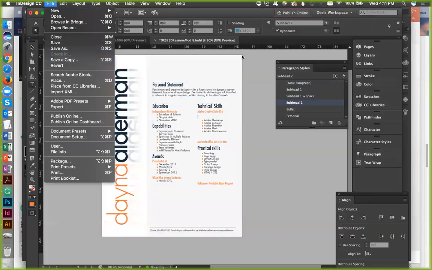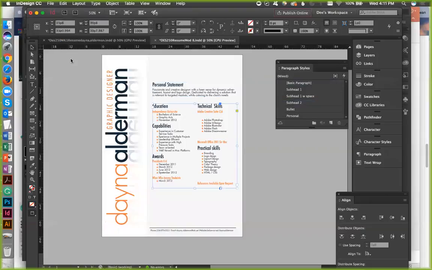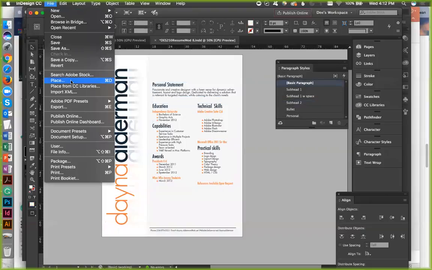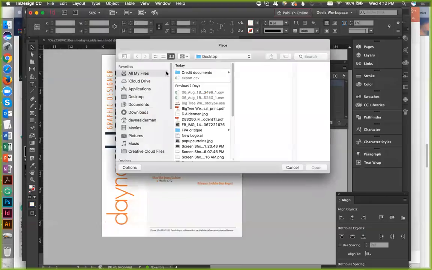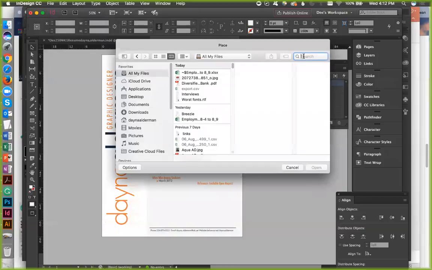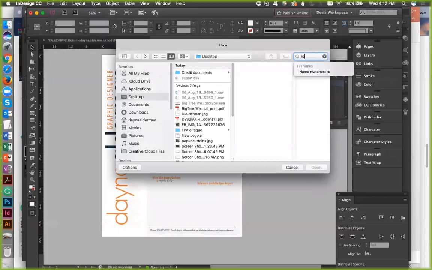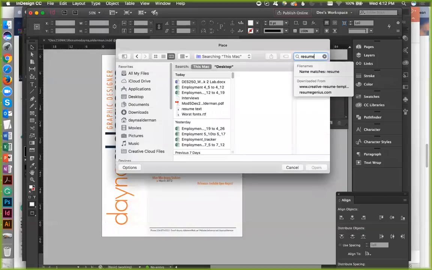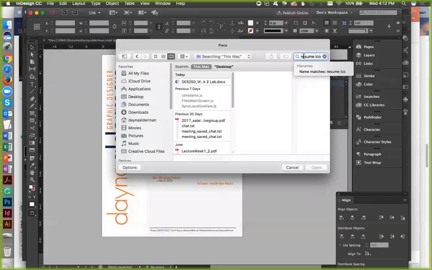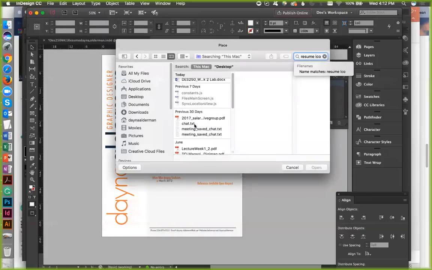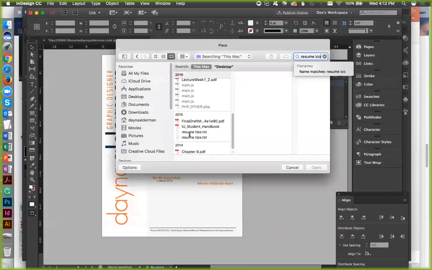So I'm going to do a file and, oh, before I do that, back over here. File and place. Do icon, resume icons, resume icon. I have them.